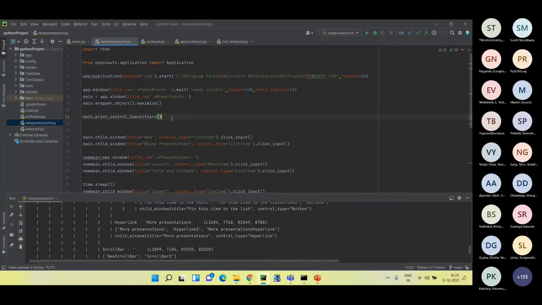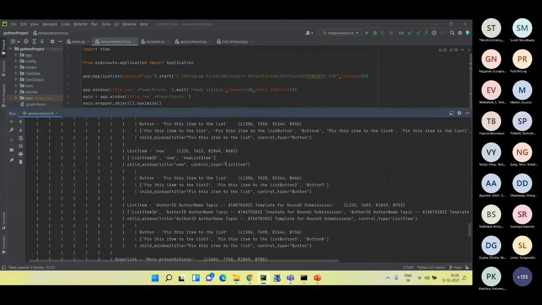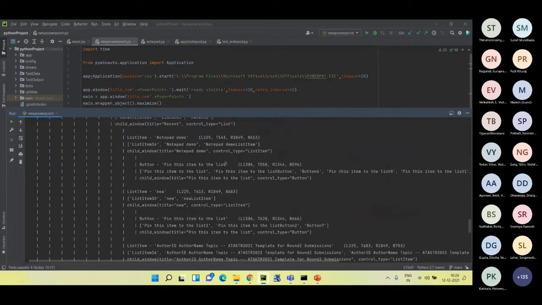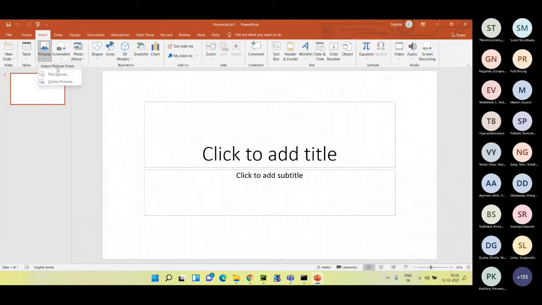For example, when we had opened the PowerPoint, the first window was where you were asked to select between a blank presentation or any other theme. So if you notice here, it will show mainly the things related to that particular instance of that application. It won't have all the properties related to layout and this picture, which I was showing here, right? Those things won't be shown in the print control identifiers at that time, because the application instance was the older one.